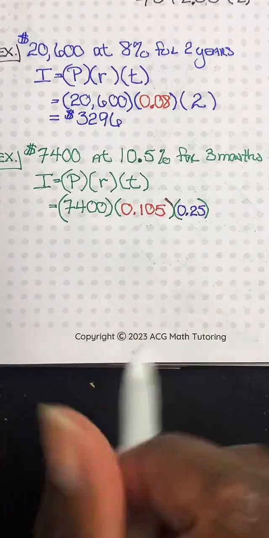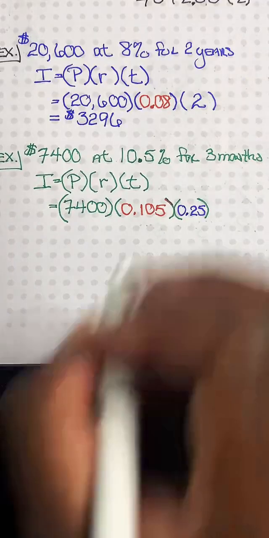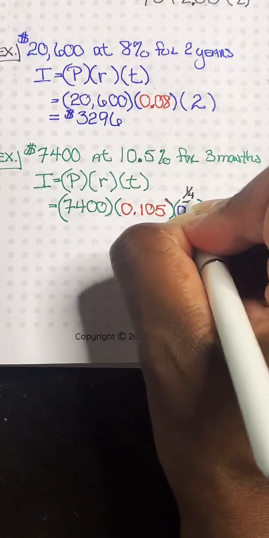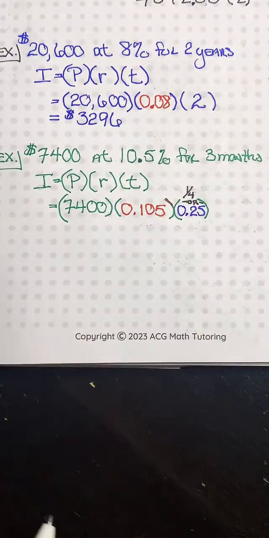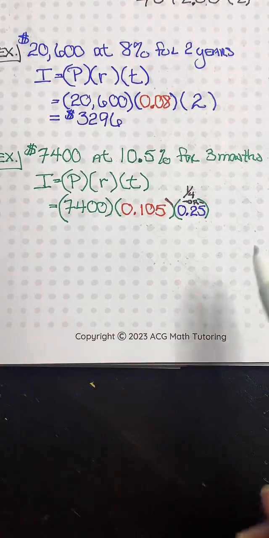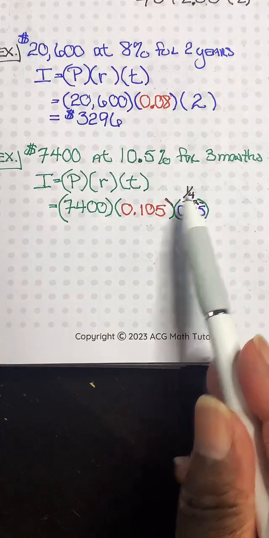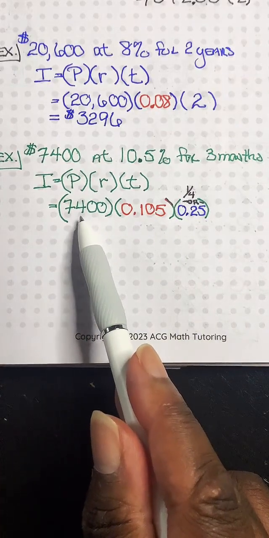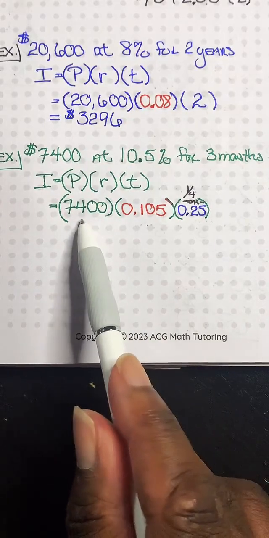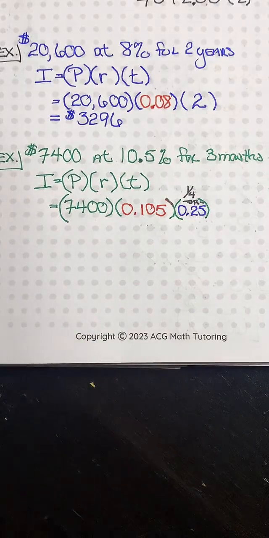Because if I had this as, and I'm going to put it as a different color above it, because I'm going to say 1/4 or 0.25. It's going to mean the same thing. The reason why I'm saying 1/4 or 0.25, because I can take 1/4 of this 7,400. If I want to, I could divide it by 4. So if I take,